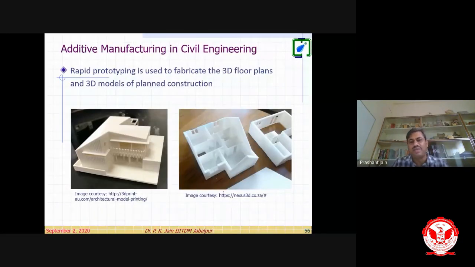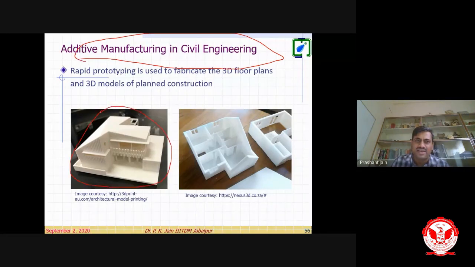Somebody was telling me about architectural models in civil engineering. So additive manufacturing and civil engineering, like this, you can see these kinds of architectural designs we can quickly print and have a better visualization, and we can also have different colors. You can see one house model, another house model in an open way like this, right? So you can see a clear picture of the stairs, etc. So we can have this kind of 3D model, right?